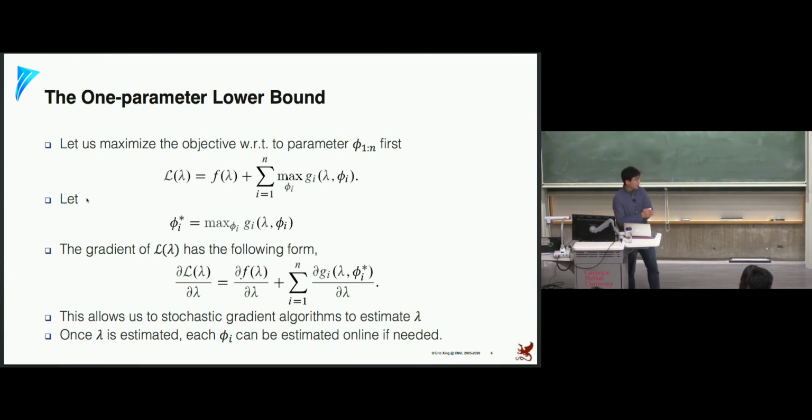And then let's say the maximum value, or the argmax really, should be... you see a mistake over there already. So it's not my fault again. So the argmax of that is phi star. And let's plug in phi star and then take the gradient for the global parameter lambda. And that'll have the form of some gradient plus a sum, an average or a sum of n items, right?